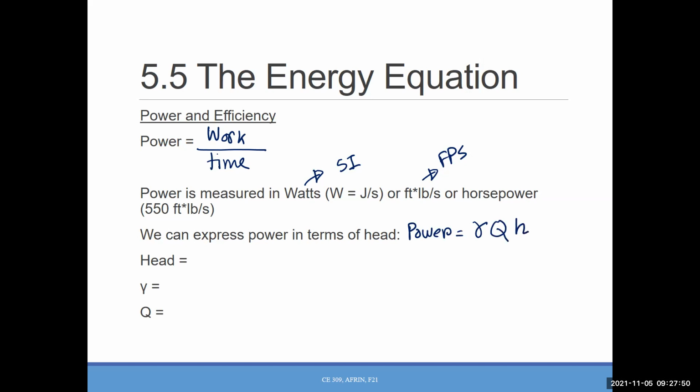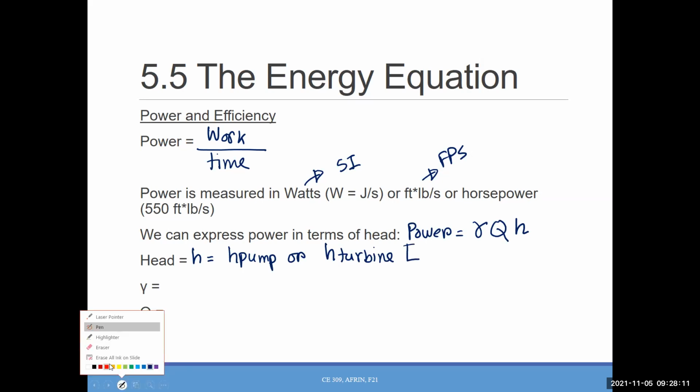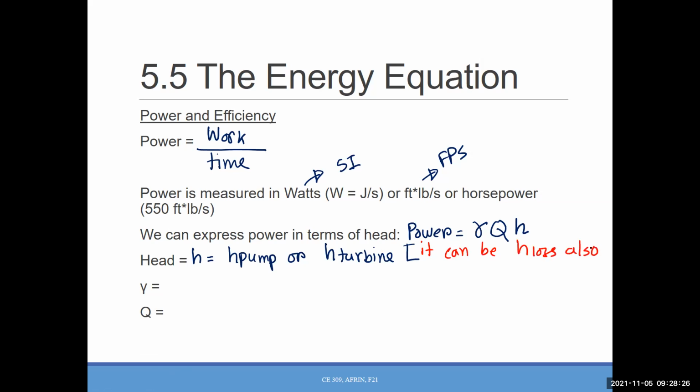Okay. Now this head H can be pump head or it can be turbine head, depending on for which shaft we are trying to get the power. Also, there is another note here. It can be head loss also